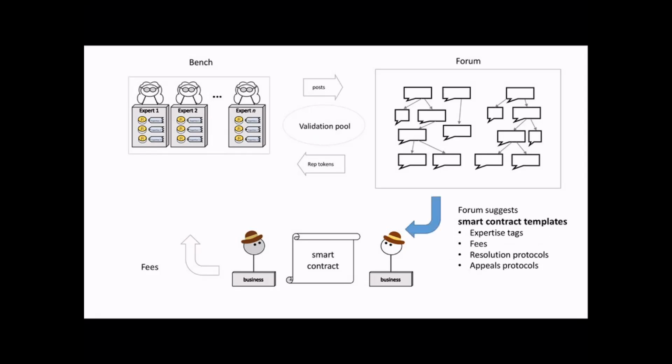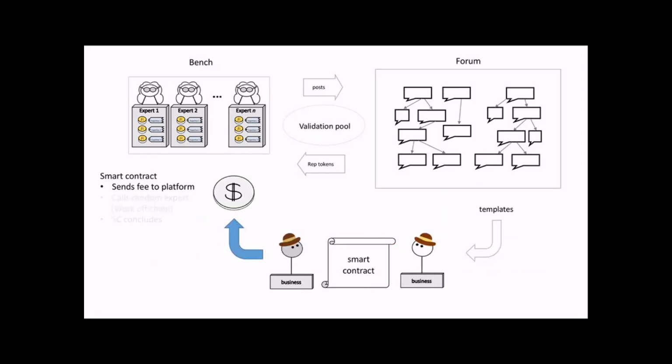Yeah, sure. Okay, so I've kind of gone through all these things, but the forum is going to have a list of what is the smart contract that you're supposed to use. And the user interface is going to find the smart contract in the forum that's the newest active one. And then the users will use that smart contract to engage the experts and find the fees and figure out whether they want to use the smart contract or not, right? So this is a capitalist situation, where these guys are choosing whether or not to pay for the fees that will go towards the experts over here.